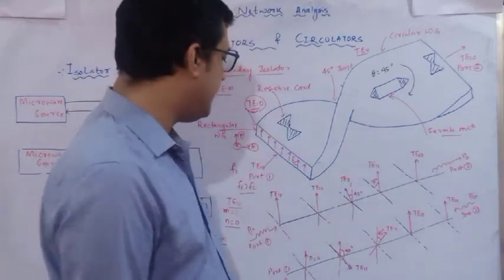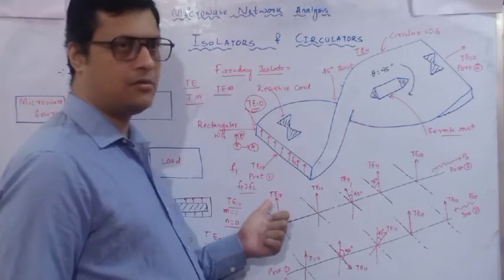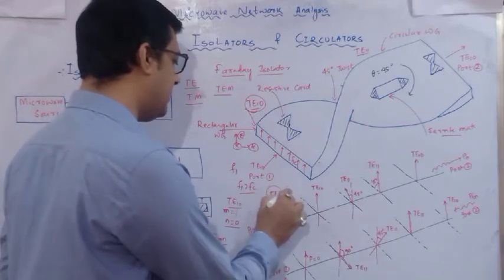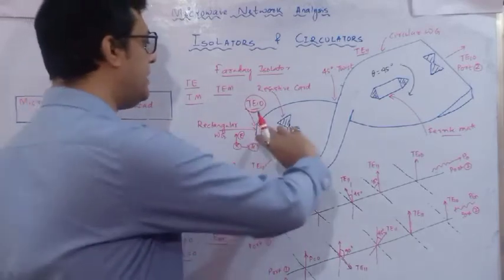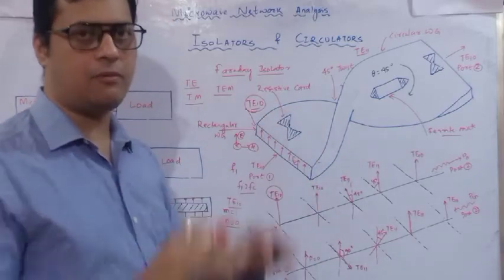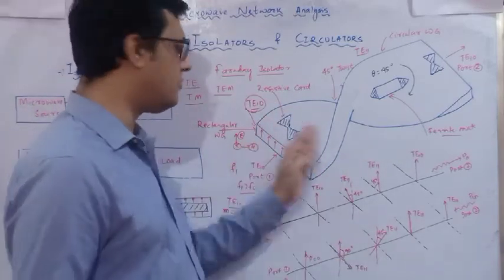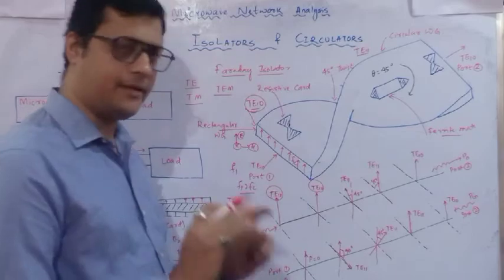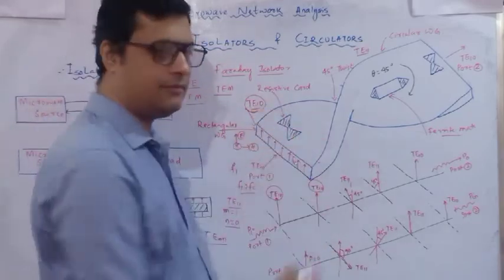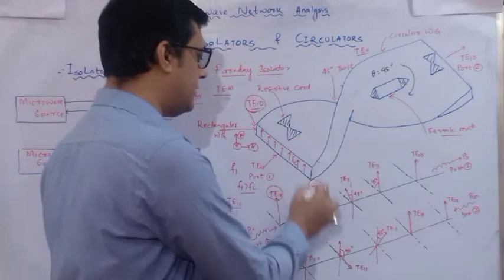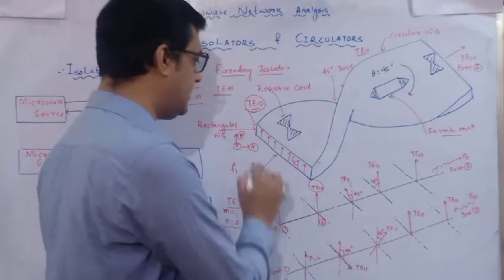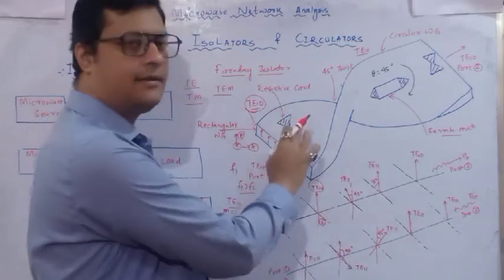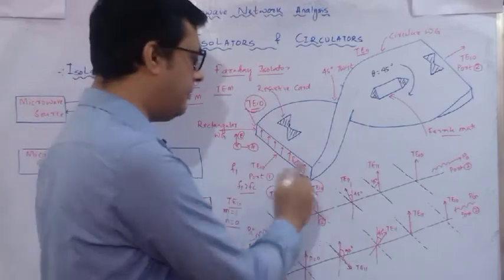Okay, let's see. First it is TE10 mode, because now the power is provided to this rectangular waveguide. So the electric field is in TE10 mode. Now when it propagates to this resistive card, there will be a potential drop. There is no phase shift because there is no rotation. So after the resistive card it is TE10, and the same power is available at this point. This is the first stage, at the rectangular waveguide input. The second stage is at the resistive card without any phase shift, so we have the same potential.